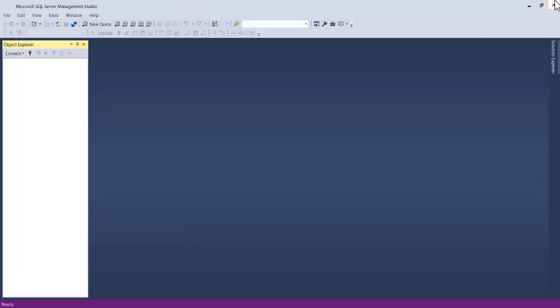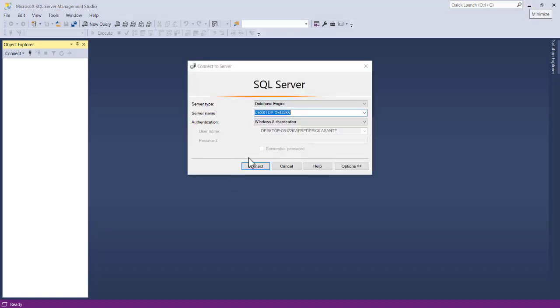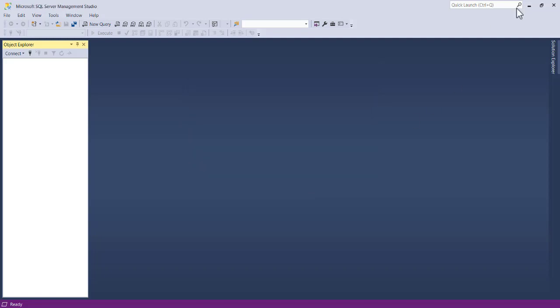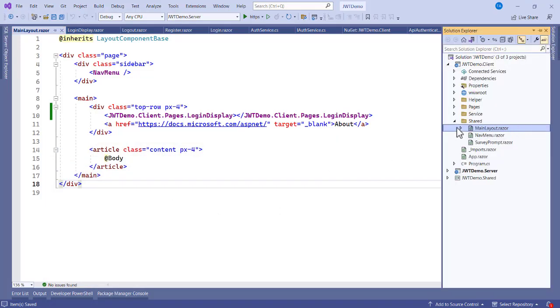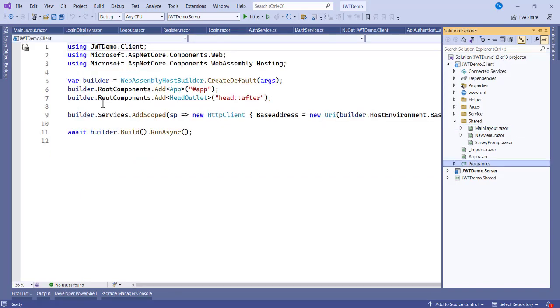Whoa, we don't want to open that. That's the Microsoft SQL Management Studio. Close that. No, cancel. Minimize that. Okay, so let's say with our program.cs file for the client, take note, we have to